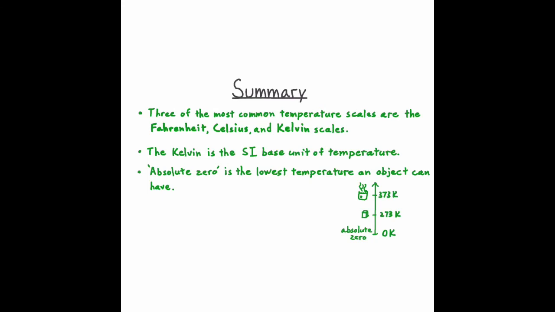And then on this same scale, the temperature at which water freezes is 273 Kelvin, and the temperature at which water boils is 373 Kelvin. And on the Celsius scale, these equivalent temperatures are negative 273, 0, and 100 respectively. And lastly, we learned conversion formulas between the Celsius and Kelvin scales and the Fahrenheit and Kelvin scales. Knowing these equations, we can convert any temperature in any of the